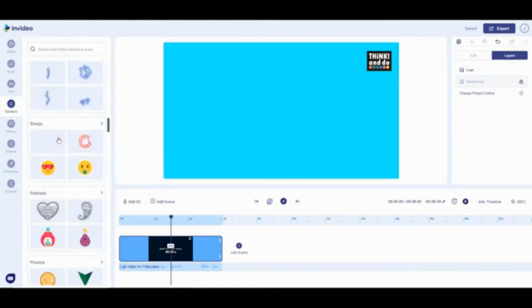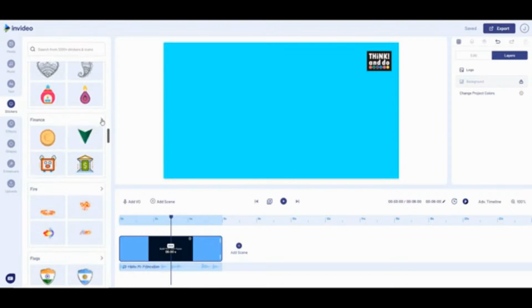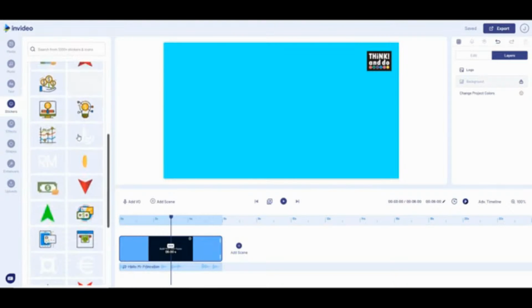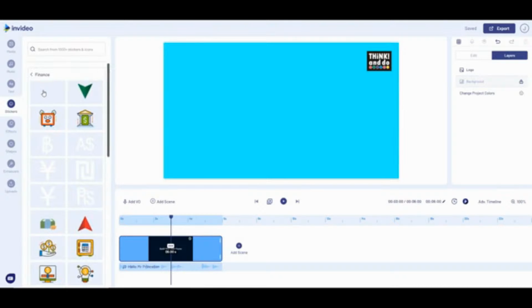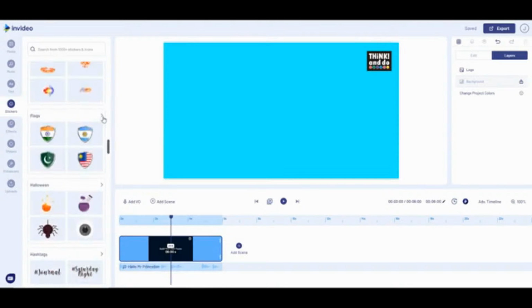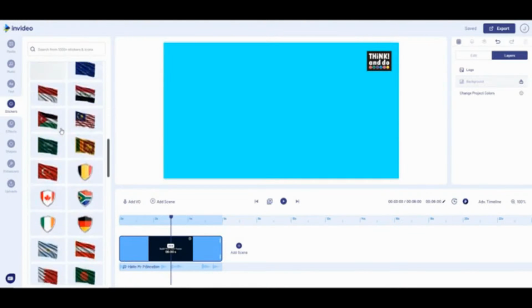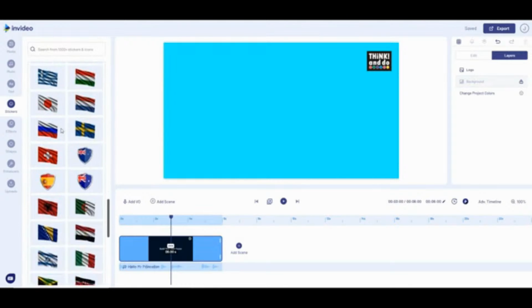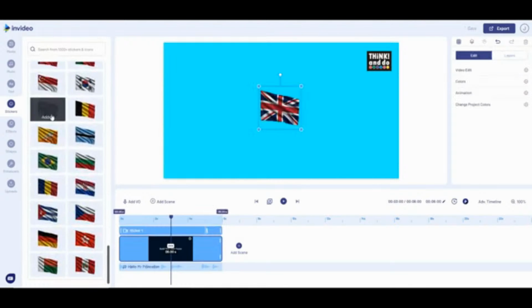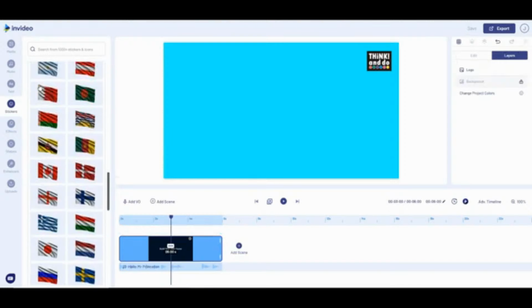There's some electricity ones, emojis. If you're fond of emojis, there's festival stuff, finance, so there's money stuff as well, pictures, bank, etc. Fire, flags, so here we have flags from around the world. And somewhere in there is our Union Jack. I'm going to delete that though. So you've got flags,